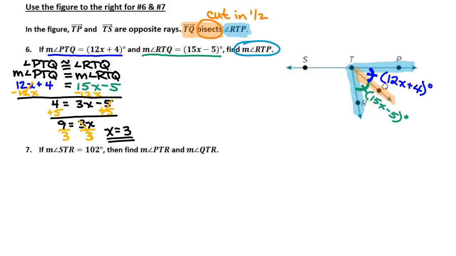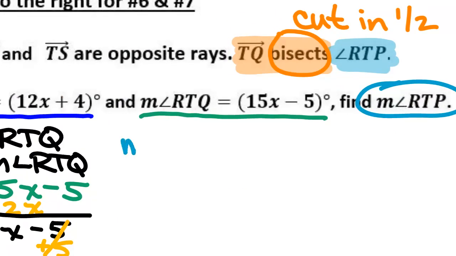Find the measurement of angle RTP. RTP is this big one here in light blue. It's made up of two smaller angles put together. How do we put things together in math? We add them, yes. So the measurement of angle RTP